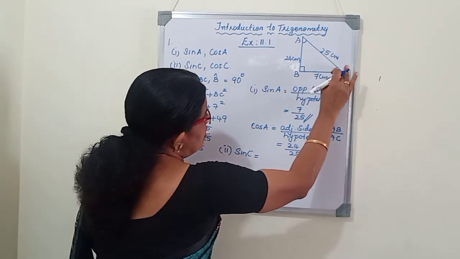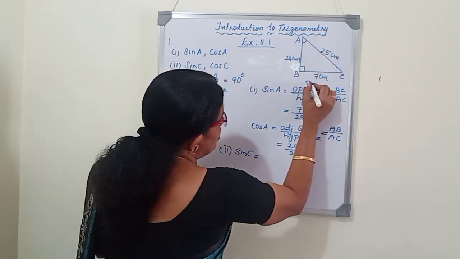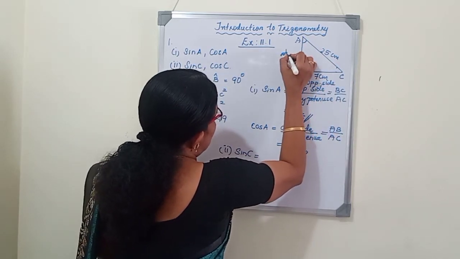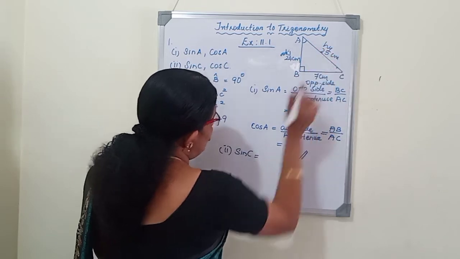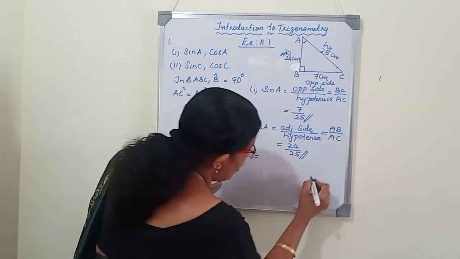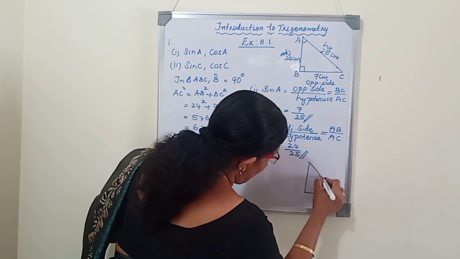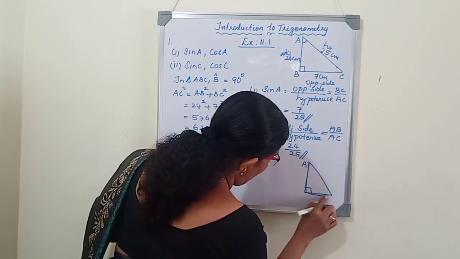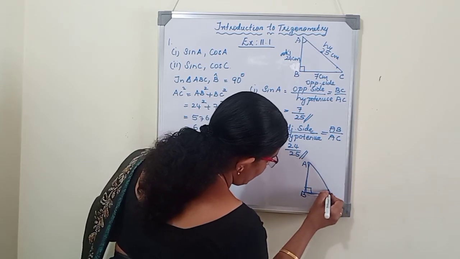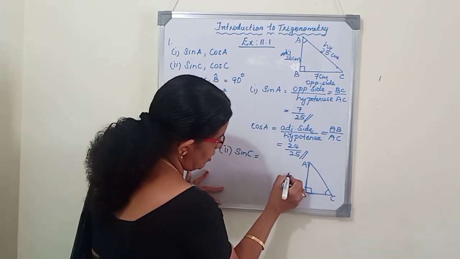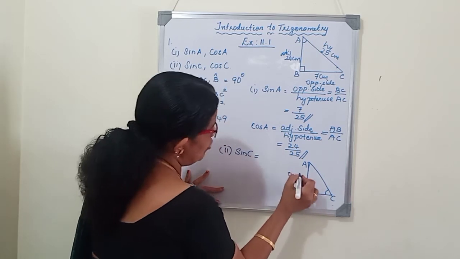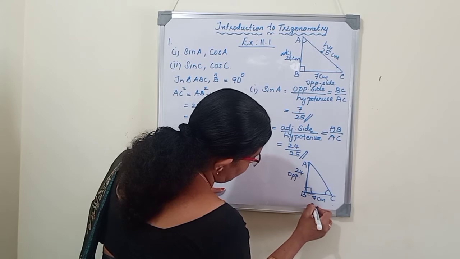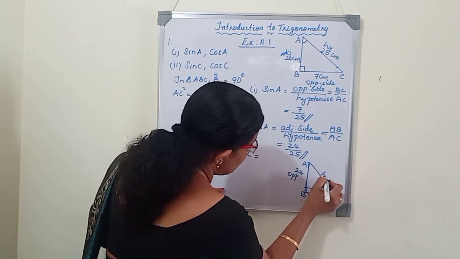If you are confusing the same diagram, with respect to A, this is the opposite side, this is the adjacent side and this is the hypotenuse. So, if you want to write sin C and cos C and you are confusing with the same diagram, we can draw a separate diagram. Always remember, draw a right angle triangle only. ABC with respect to C, the opposite side is AB. This is the opposite side, 24 centimeter, BC, 7 centimeter, is the adjacent side and this is the hypotenuse.